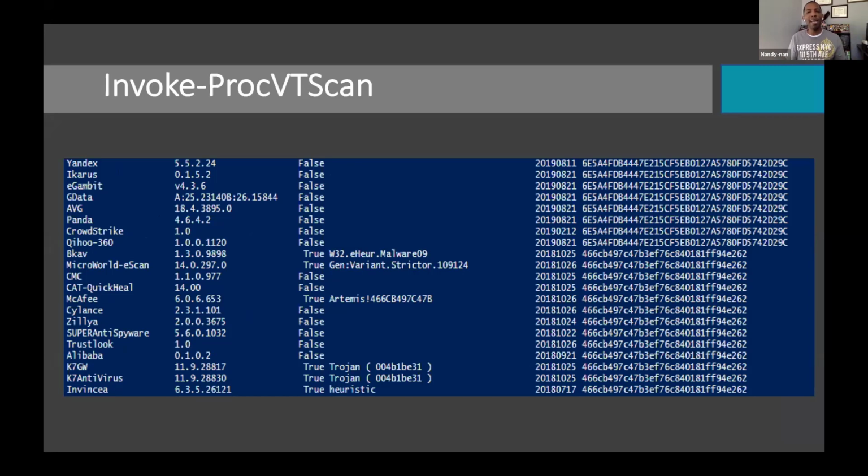Now, when it comes back to us, it comes back in an object with a number of properties. That first column, which is really a property, is the AV. In the second column, we see what version of the AV. In that third column, which is another property, we see whether it returned true or false: false being that it doesn't think it's malicious, true being that it deems it malicious. And then in that fourth column, we start to see what they know that malware family or variant is, right? And that's going to vary between AVs. We see what the actual engine is, and we see the actual hash.